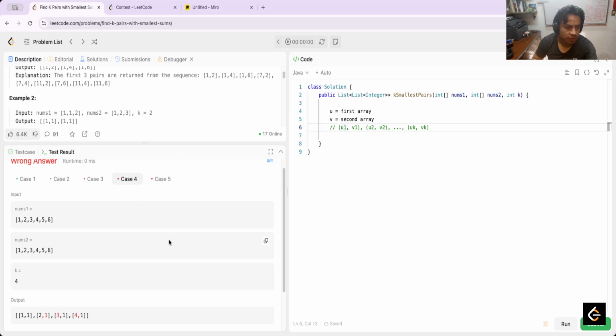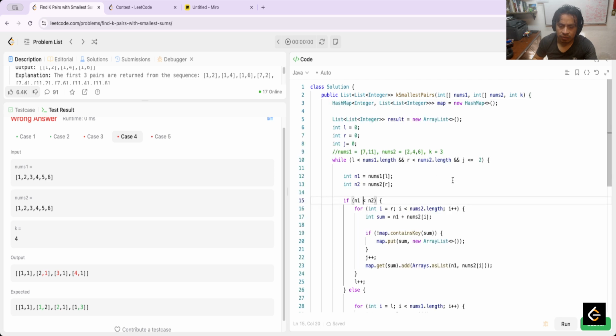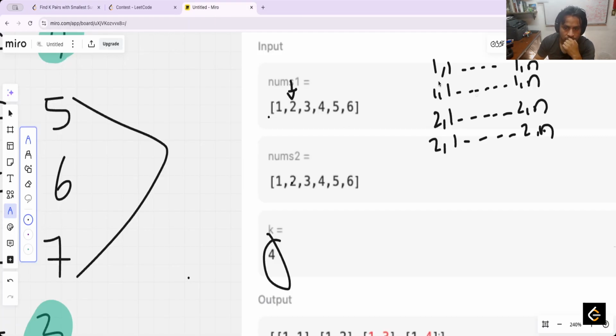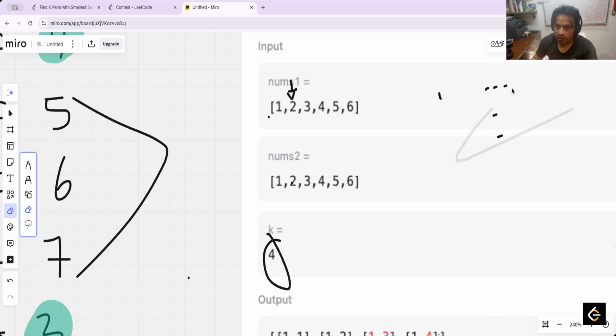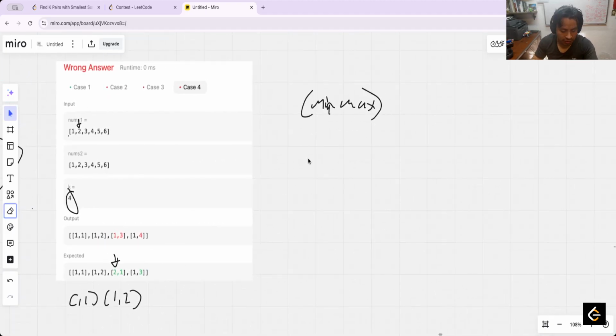What is the error here? Maybe this is the error, but because if I follow with this idea, I will get the next result. 1 with 1,